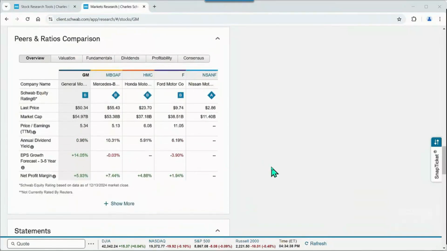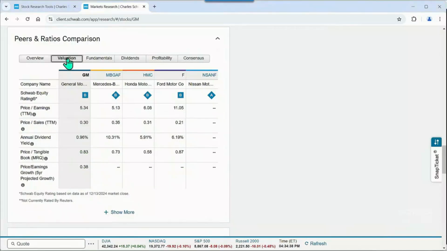Now, next section: peers and ratios comparison. At first glance, this looks okay, we can see a few data points, but this can actually give you a lot of data points. If you want to break them down, you can click on valuation, and it's going to compare your company to other companies, like Honda and Ford,